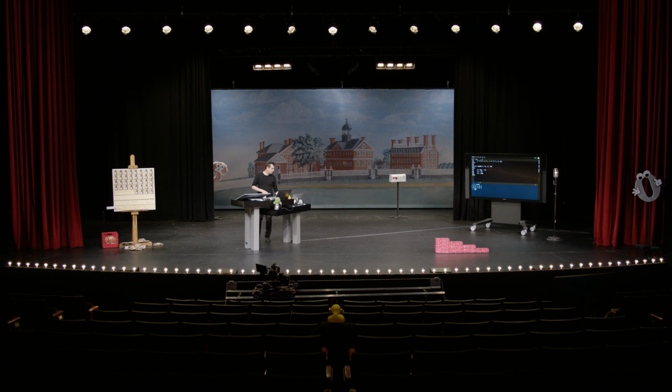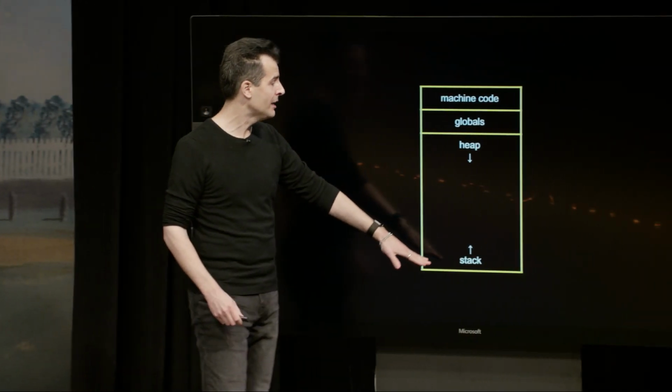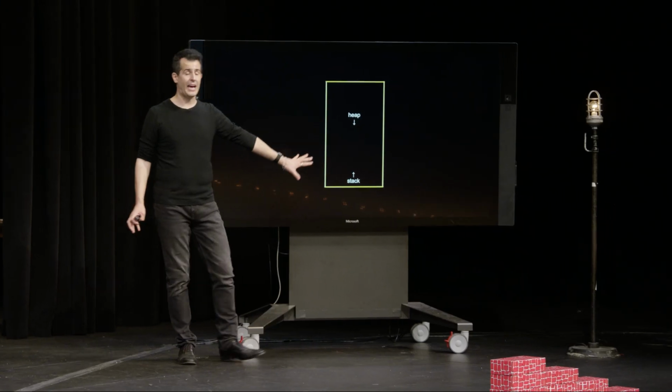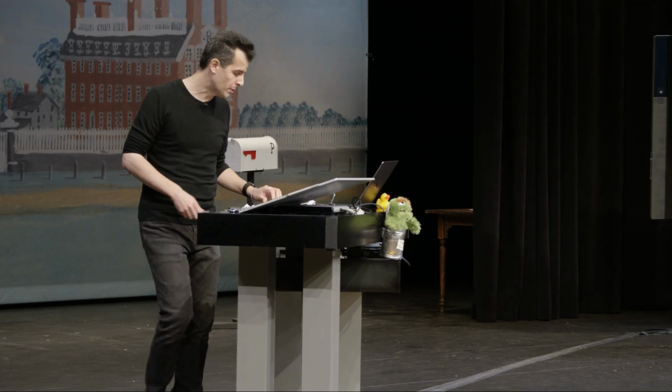All right. Well, let me propose and emphasize then that this design of the heap being up at the top where malloc uses memory and the stack being at the bottom where your own functions use memory, is a problem clearly waiting to happen. And those problems actually have names. Some of you who have programmed before might know some of these terms, either heap overflow or stack overflow. In fact, many of you might know stackoverflow.com is just a website. Well, there is an origin story to its name. A stack overflow refers to the process of calling a function so many times that it overflows the heap.